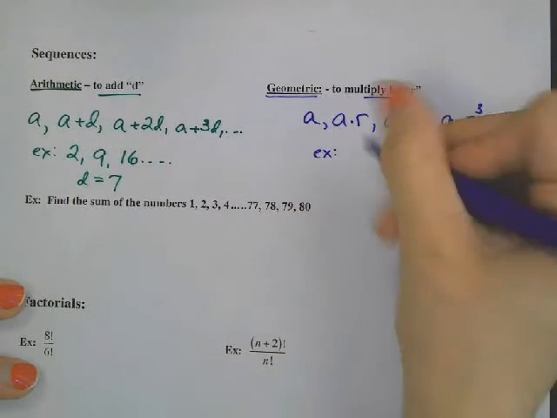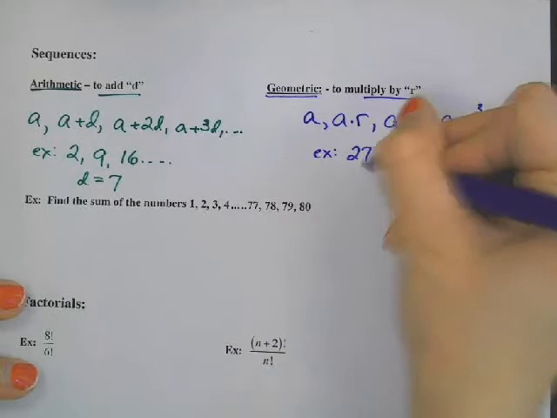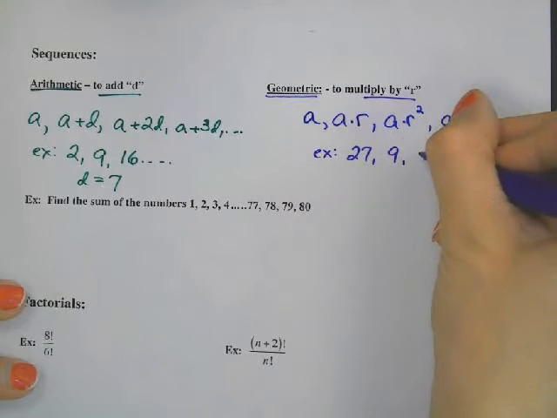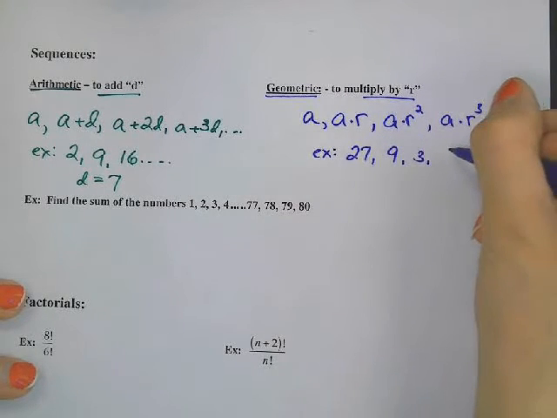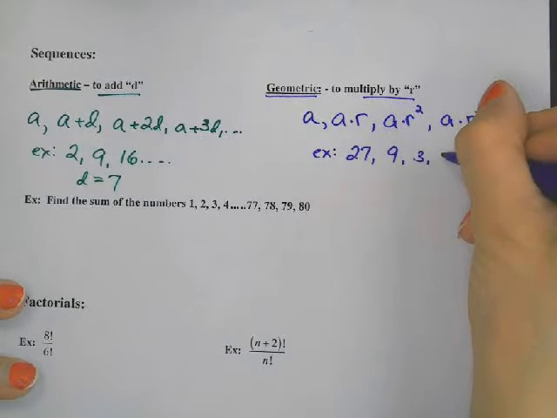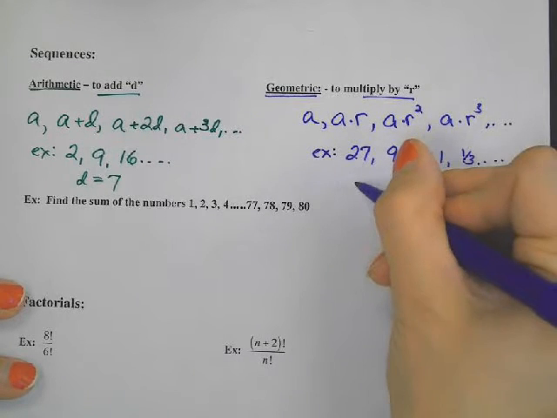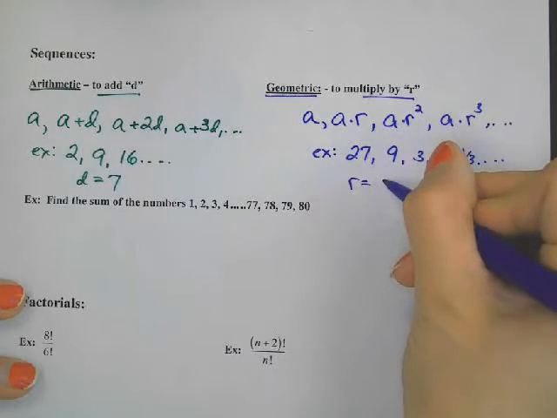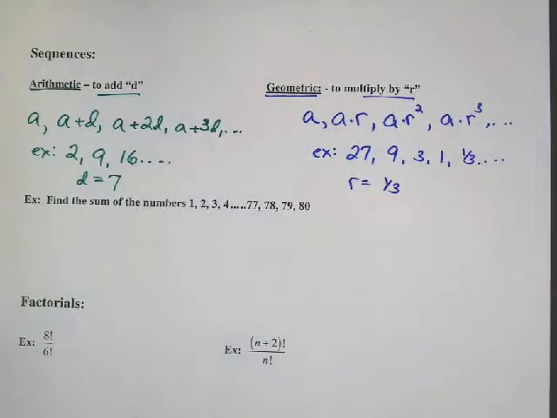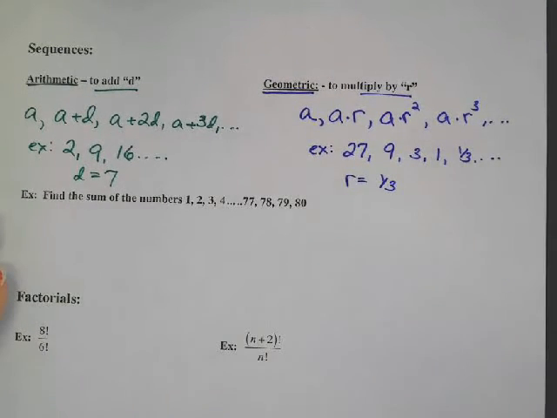For example, let's do one with numbers. What if we have 27? Then we have 9. Then we have 3. Okay, if you get the idea, tell me the next one. 1. Keep going. 1/3. Okay, so that means that the r must be 1/3. Okay, if you can kind of see patterns and stuff, that'll be enough to get through the sequence and series